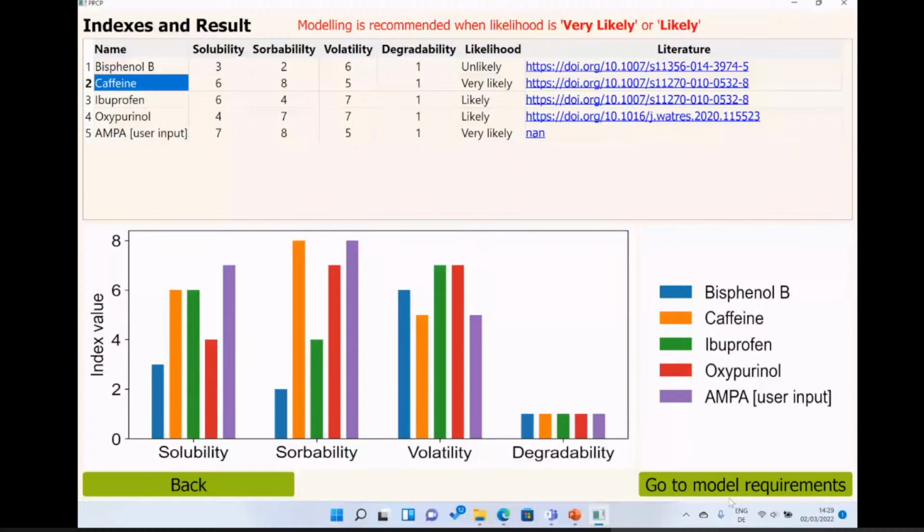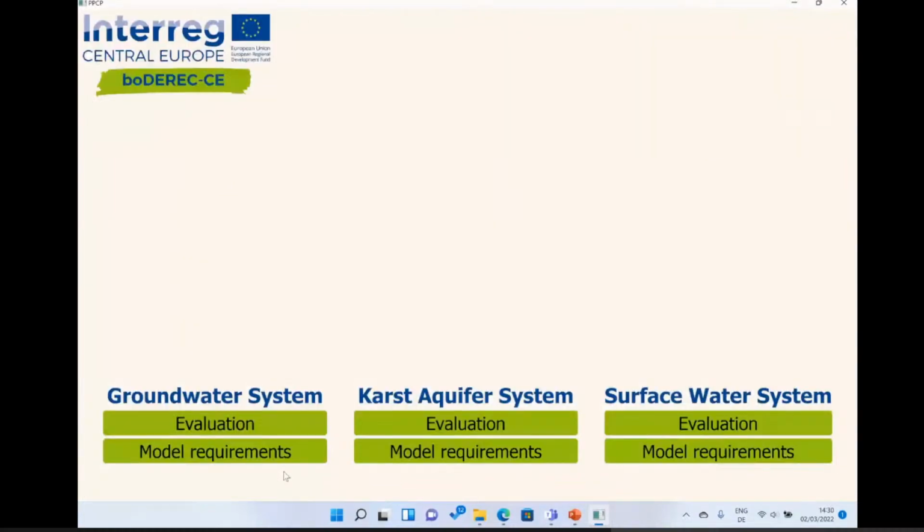We selected surface water at the beginning, I guess. So if I click now, modePROCON will show you the requirements for surface water. But you can also go back and select other types of water sources and check the requirements for that particular type of water system. Obviously it will vary from water system to water system. So let's select surface water again and check the model requirements for the surface water system according to modePROCON.